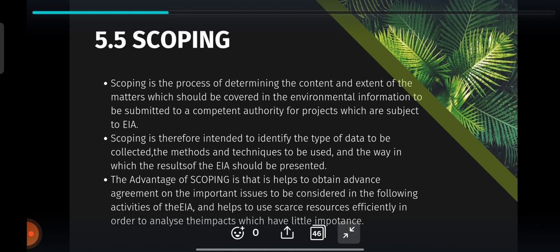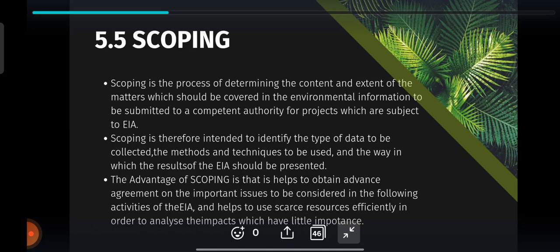So, scoping. The U.S. National Environmental Protection Agency or the NEPA, Council on Environmental Quality, they define scoping as an early and open process for determining the scope issues to be addressed and for identifying the significant issues related to a proposed action. So, dili na itong kitaan sa scoping ang mga possible na issues na related sa mga projects.